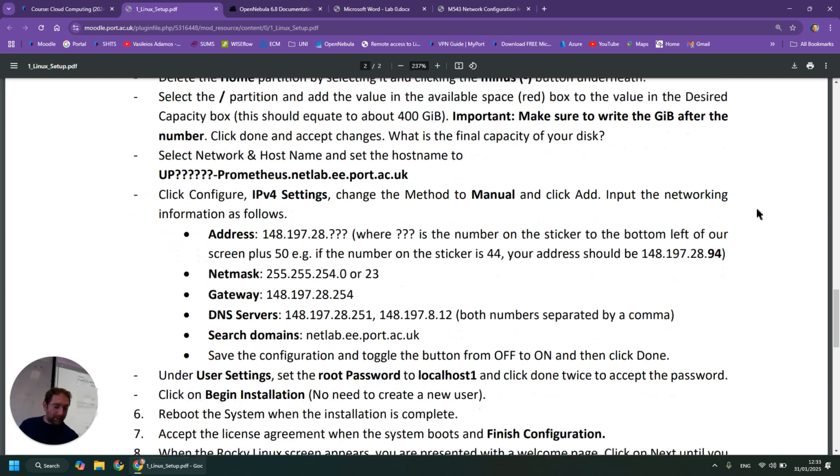Once we do that, we go on to the networking side of things. You need to set the host name, and the host name will be up student number-prometheus.netlab.ee.port.ac.uk. UK because we're in the UK, AC because it's academic, we're a university, so we belong to Janet, which is the ISP that provides us with our internet, and then port because we're in the University of Portsmouth,